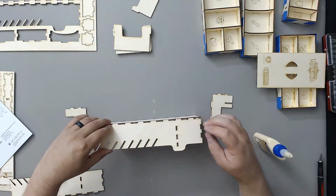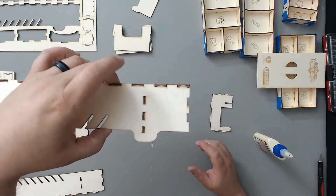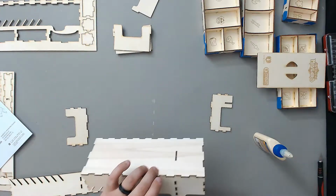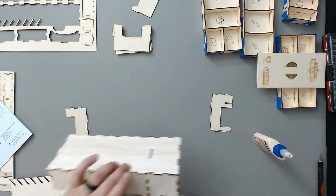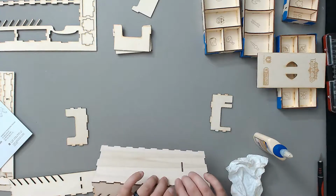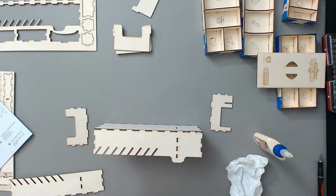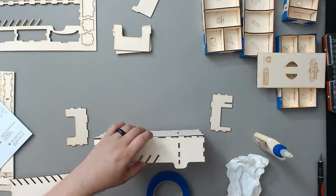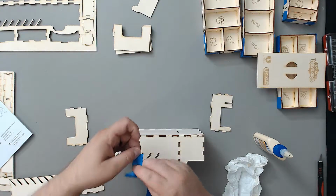We've got this connected, and you can see how much of a gap there is there. I know that's not high def, but just trust me when I say there's a gap there. So what we're going to do is, the center part doesn't have a whole lot of a gap. There's not a whole lot of the glue oozing out of there. So we're going to go ahead and